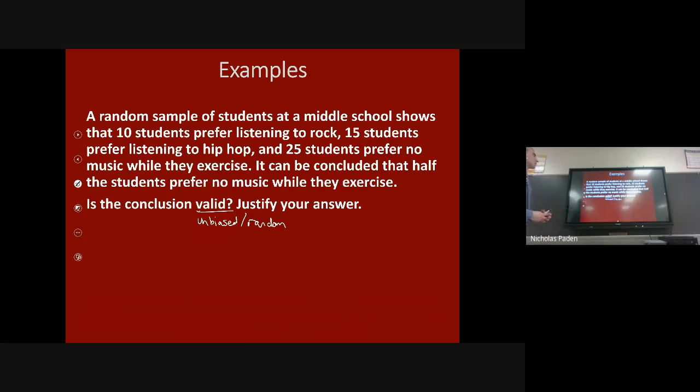And so this one, a random sample of students at a middle school shows that 10 students prefer listening to rock, 15 hip hop, 25 no music while they exercise. And then the conclusion is that more students, 25, prefer no music. So the question is, is this valid? Is it unbiased? Is it random? Well, look at a word that you see there, a random sample. So since it is random, we can say that this conclusion is valid